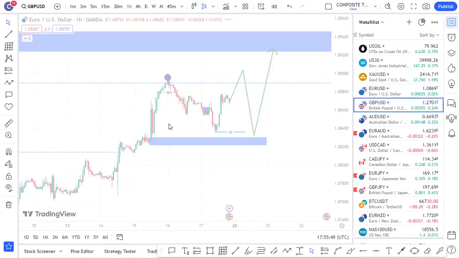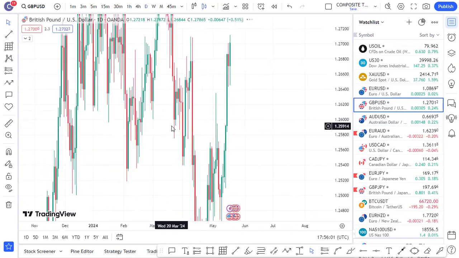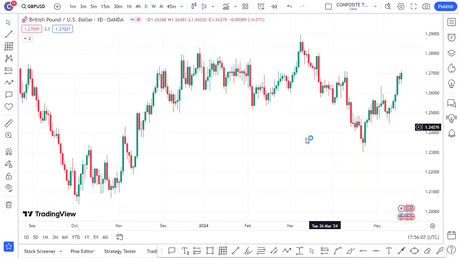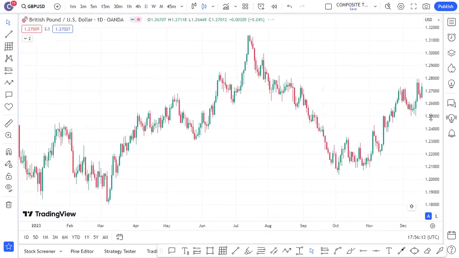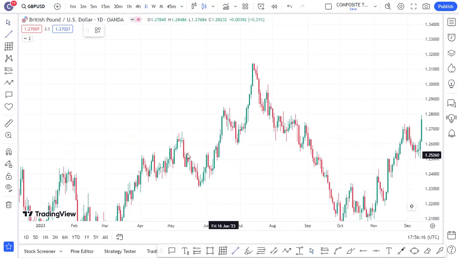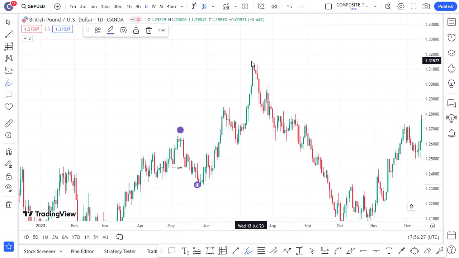GBPUSD. When I look at GBPUSD last week, we got a very good move to the upside, a very strong move to the upside. And I want to see on the daily time frame what is happening. When I check on daily, we can see this pair has been bullish in the previous days, because look at this, we got our last inducement here. Once we got that inducement, this was our high, this is our low, then this is our high here because of this record structure.